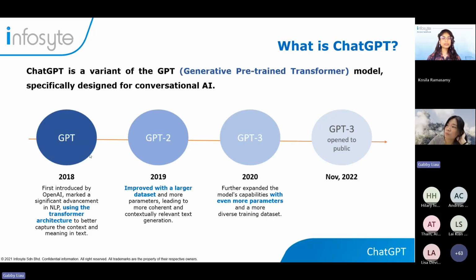And then, as we know, ChatGPT was actually introduced in the year 2018. That was when it got introduced. But of course, GPT version 1 and version 2 were not open to the public at the moment. Only in a recent year, 2022, ChatGPT version 3 was introduced to be used by the public. That's when everyone started to use GPT to do homework, to do anything they want. This is when we started to have the public version of GPT.